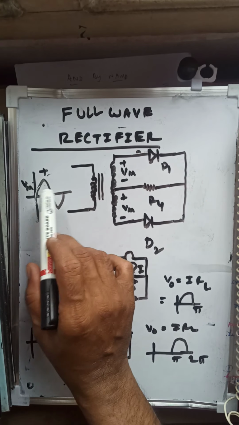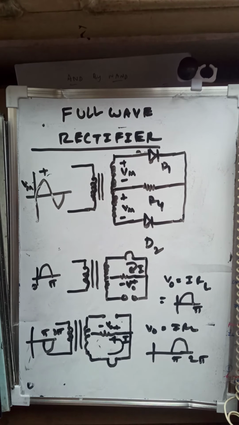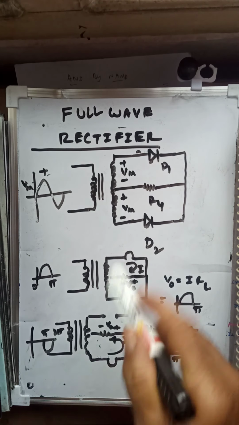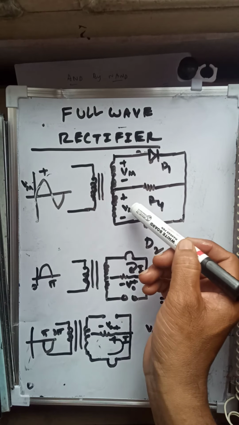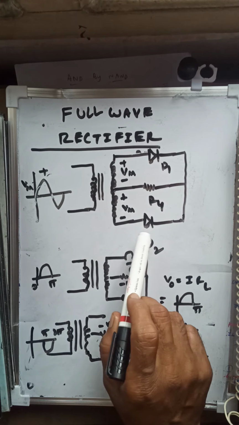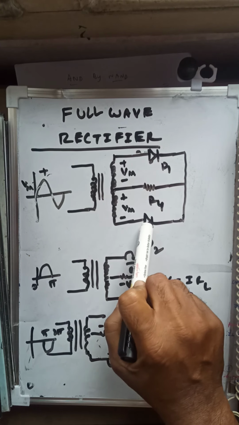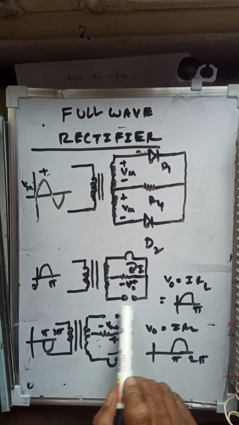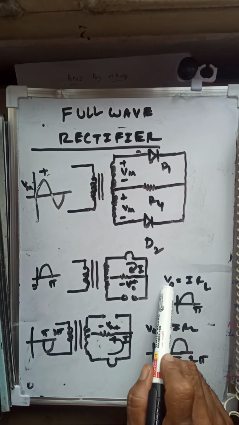But since the same positive peak is applied, here, as per the center tapping transformer, the negative swing is applied. A negative swing means if it is positive here, then it encounters a negative peak there. So the negative value is applied to the P side of the semiconductor. Obviously it is reverse biased. That's why it becomes open. So the current is transferred through the resistance. So V0 is equal to I into RL.